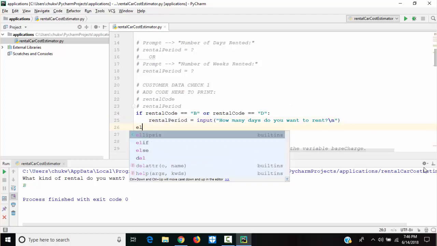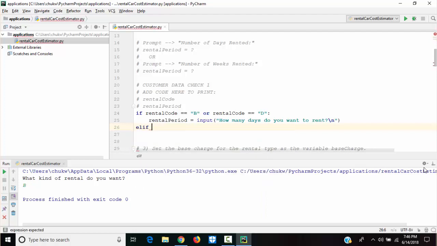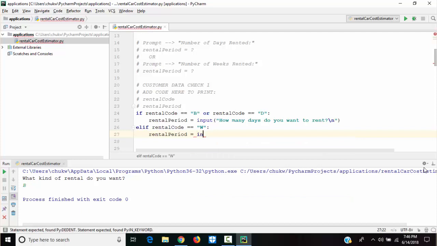Else if, which is elif, if the rental code is W, then ask the user rental period, ask the user input: how many weeks do you want to rent?